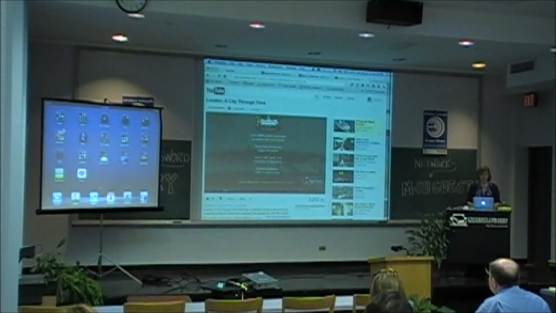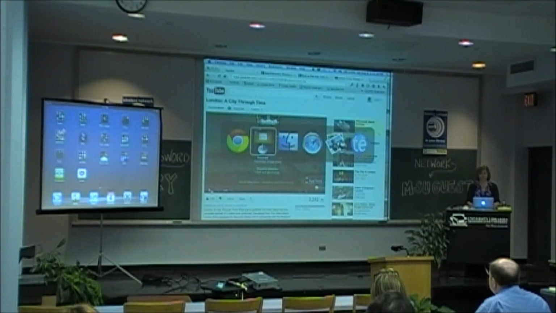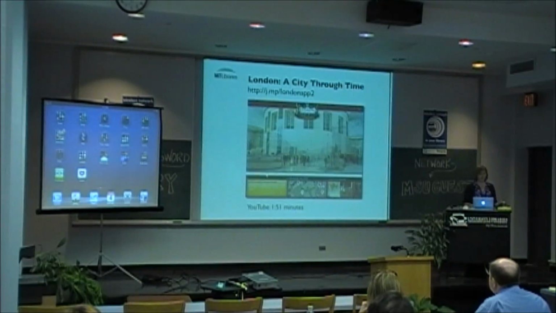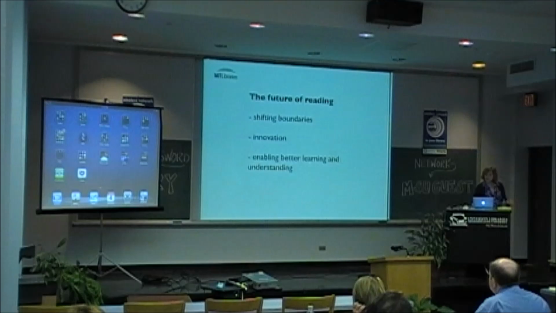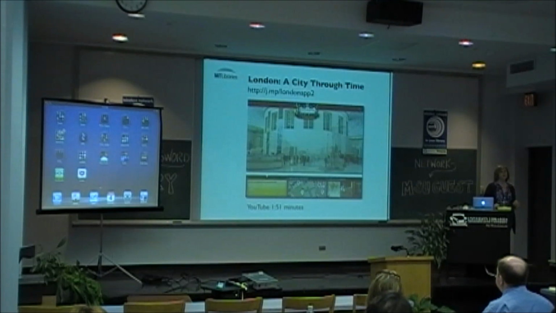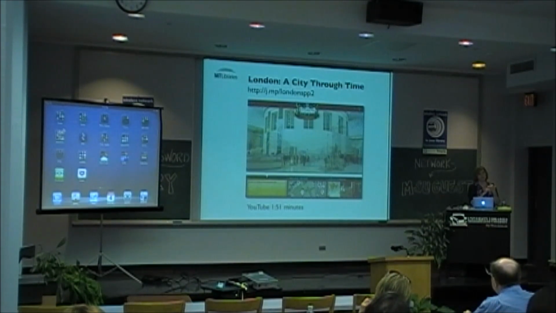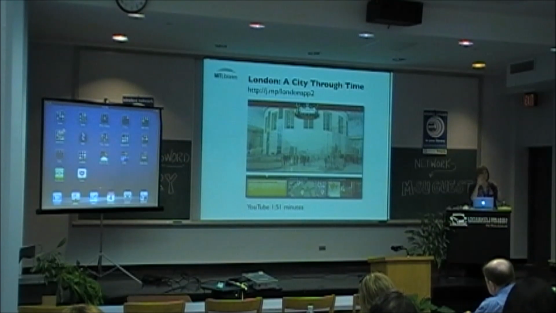Okay, so with that, let me just pause here. What you can see that they've done there is they have the entire Encyclopedia of the History of London built into this app, like all the texts. So in the old world, you would have gone to your library and found this reference book, right? And page through it with all the stuff, but now it's all in this app where you can watch embedded videos, embedded interviews with people, look at a whole bunch of historical documents, search by the map, and